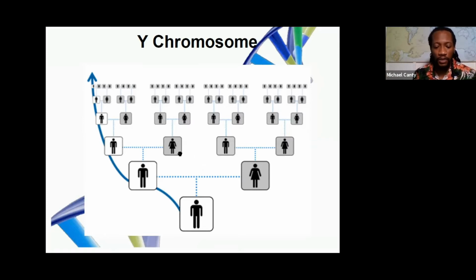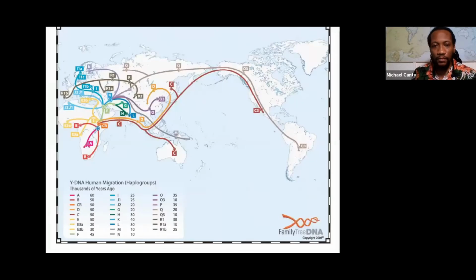So this is your Y chromosome pattern here. This is the path that they believe humans took, the Y chromosome's path. Here it is out of Africa. You'll see right there where it says CR. That's, they say, the origin of the Y chromosome in the world, when they find those original patterns